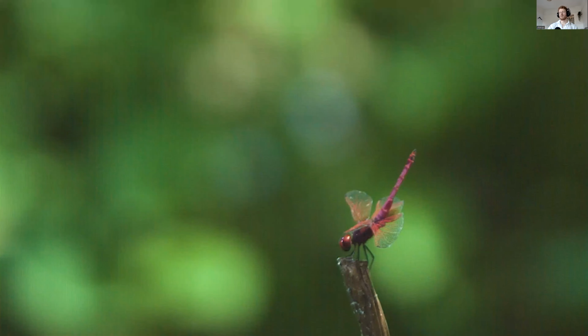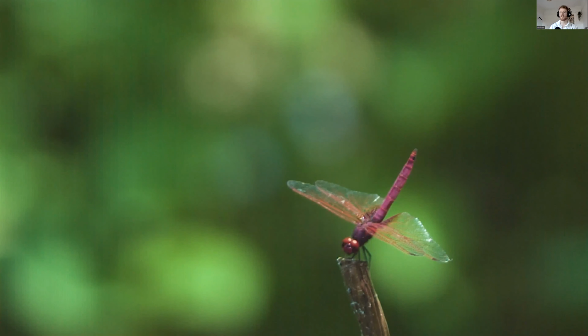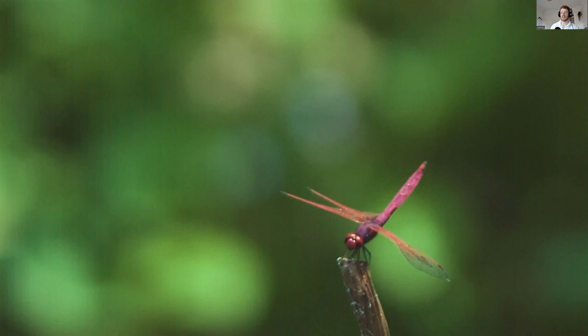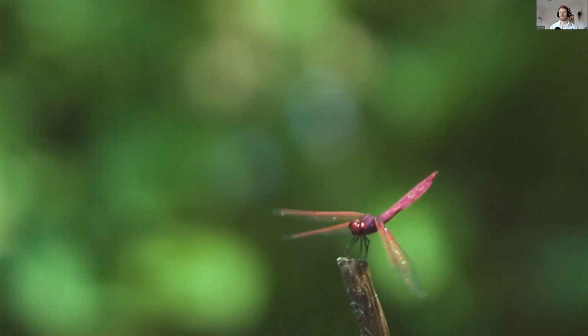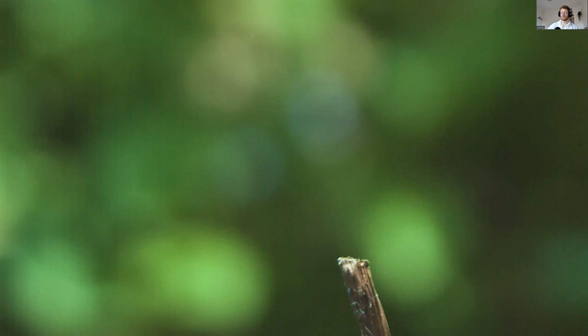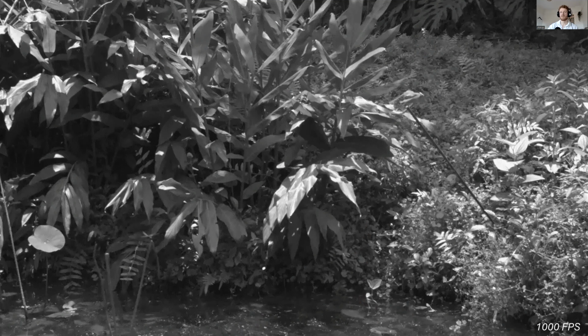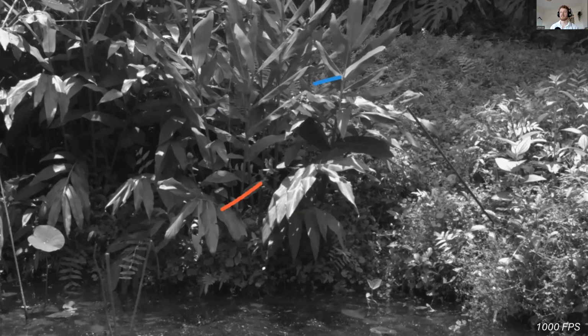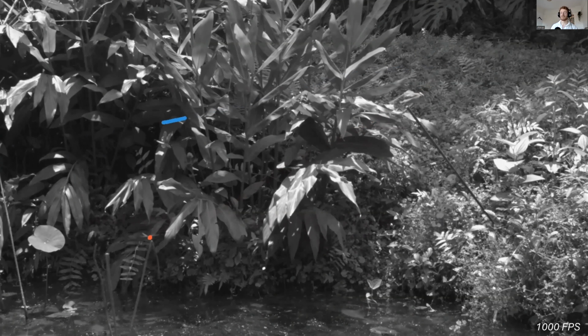But most of what they're doing on a day-to-day basis is this. So this is a Trithemis aurora male sitting on top of a perch. And you can see his entire body and head tilt over to one side. And then he's tracking a target as it goes overhead, and then he's going to take off and pursue that target. What that pursuit looks like, or indeed it's an interception, is you're going to see the target in blue and the dragonfly go up in red. Again, it looks exactly like the robber fly, and that's because they use very similar mechanisms to bring about this collision and to bring about this catch.